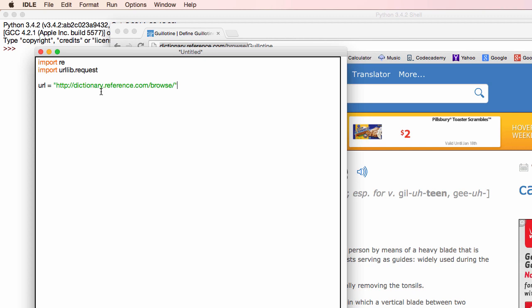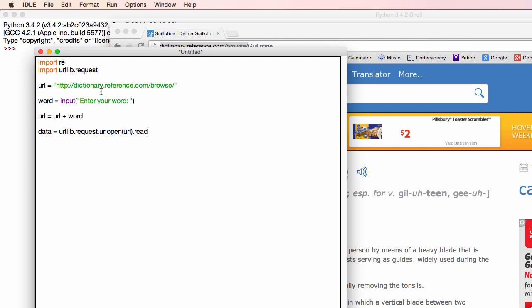Cool. Alright. The next step we need to do is take input from the user. So we're going to say word is equal to input in brackets, enter your word. Simple. Do a space. Alright. Now what we have to do, let's make our URL up to date. So url is equal to url plus word. Then let's get the data. So data is equal to urllib.request.urlopen, and then open our url